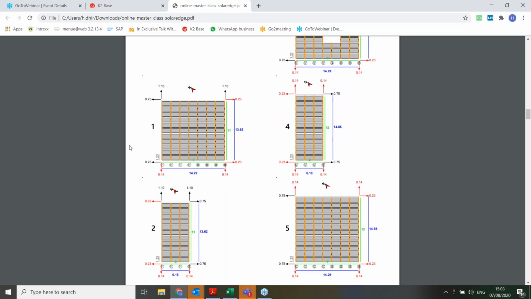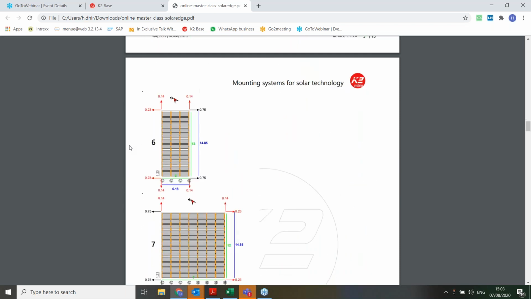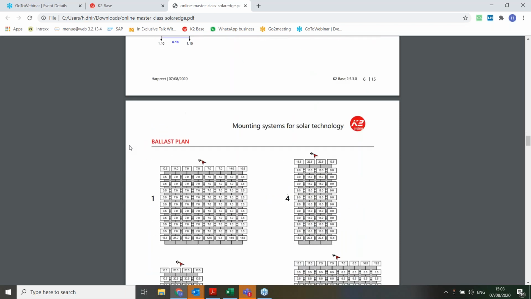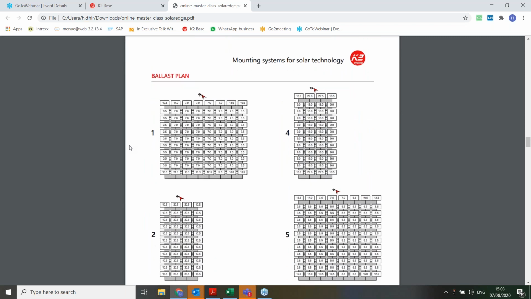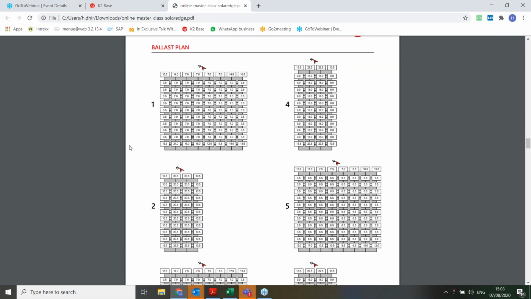So for each block, you can see all the forces acting on it. Then you can also see the ballast plan for each of the 8 blocks, so how much ballast you need to put. For example, if you're an installer and you can take a printout of this report, it makes the work of the installer much easier.